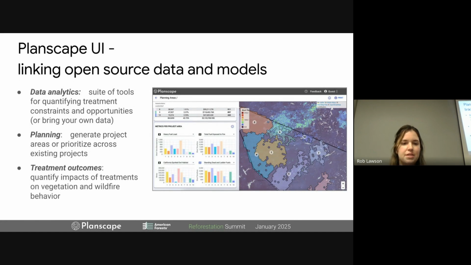And so these are the three main services, I guess that's probably not the right word, but the three main forces that we're bringing together in the Planscape UI: a data analytics engine where you can bring in raw spatial data and use a bunch of different modular tools that we are developing to get climate-informed information,